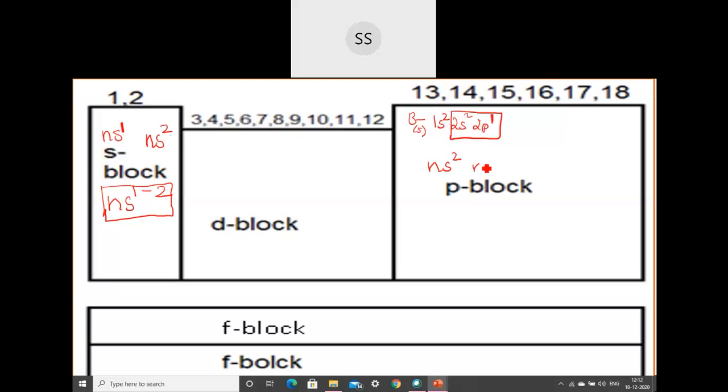Okay, students. What will be varying will be the electrons in the p orbital. So ns2 I've written, and then np ranges from 1 to maximum what we can have is 6. So you will see that 3 electrons will be there in the outermost shell in 13 group. Then you will find there are 4 electrons. If I take carbon here, it will become 2 here. So altogether it will become 4. If I now convert this into carbon, it will become 6, no?